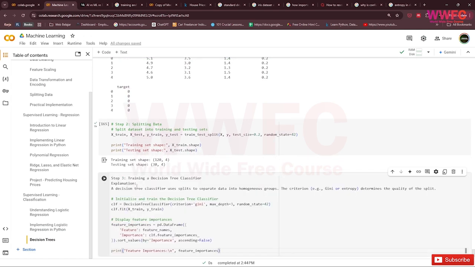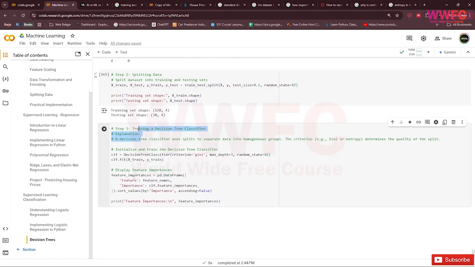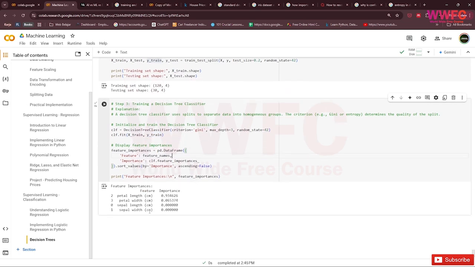A decision tree classifier uses splits to separate data into homogeneous groups. The criterion, Gini or entropy, determines the quality of the split. So you set the criterion to Gini, fit the decision tree classifier to X_train and y_train like this, and then you use feature importance on the decision tree.